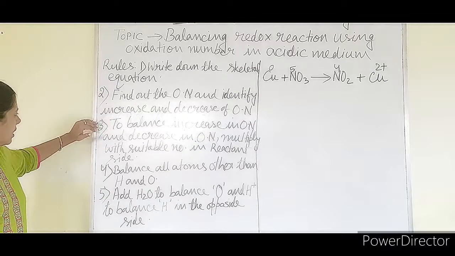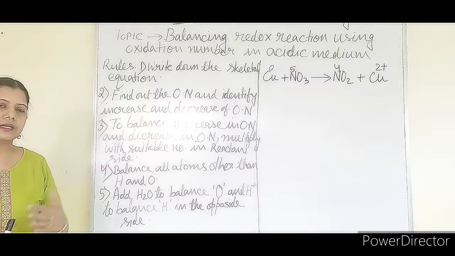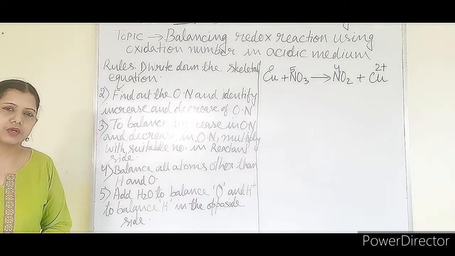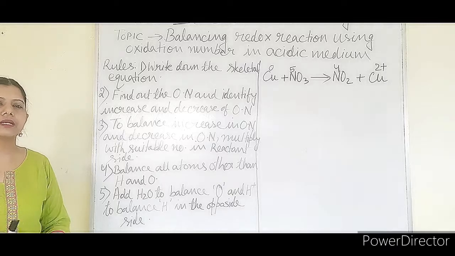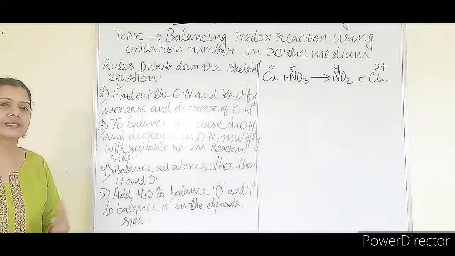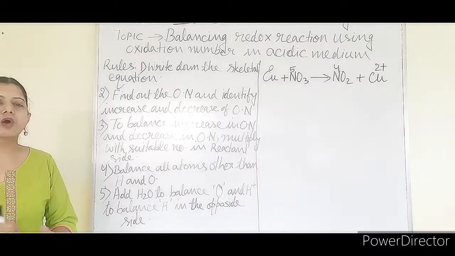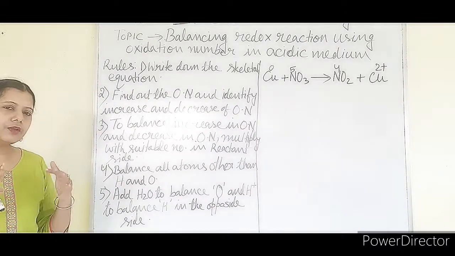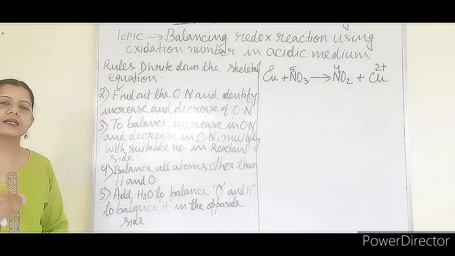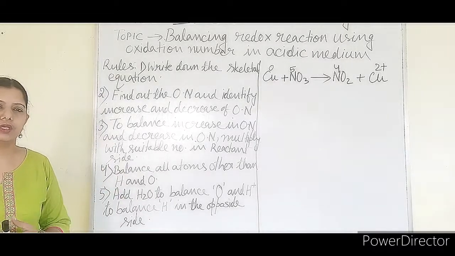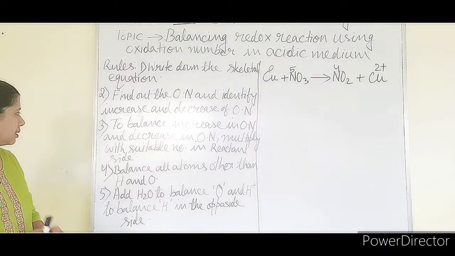problematic. The third rule is, suppose there are changes in the oxidation number of two species. In one you can find loss of electrons, in another gain of electrons, or a change of oxidation number. So you have to balance the oxidation number. For balancing it, the particular species has to be multiplied with a particular number so that there is a balance in the oxidation number.